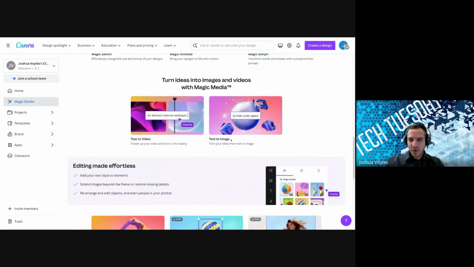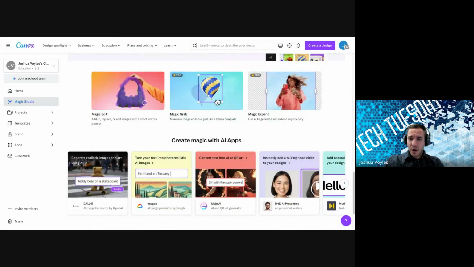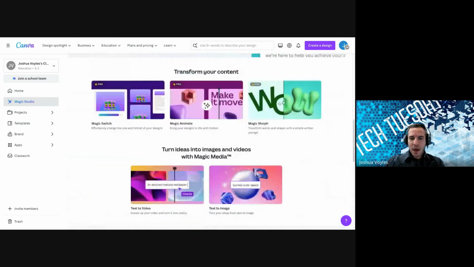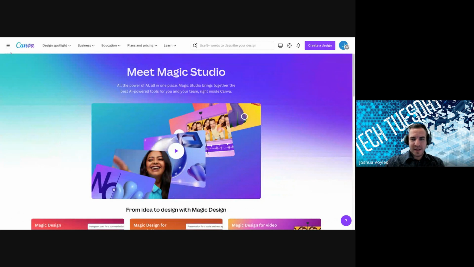So you can do text to image, text to video. That's a really cool one. There's this new one called Magic Grab. Magic Expand is really neat. You can take a photograph, and it's kind of like the idea of cropping it, but instead of cropping in, you can expand it and AI will add to the image what wasn't there to begin with. It's really cool. But there was one that I wanted to show you and I basically clicked on it already,